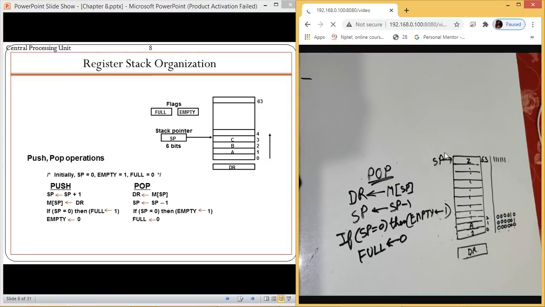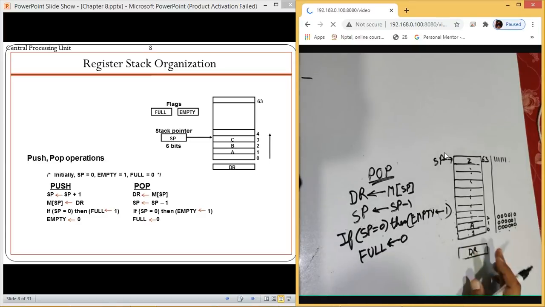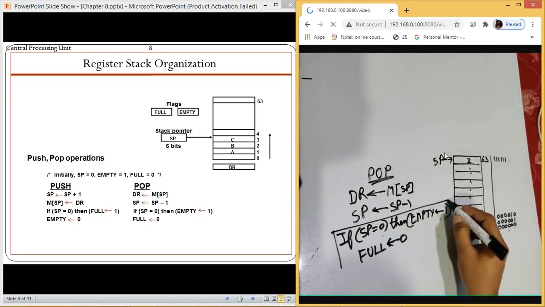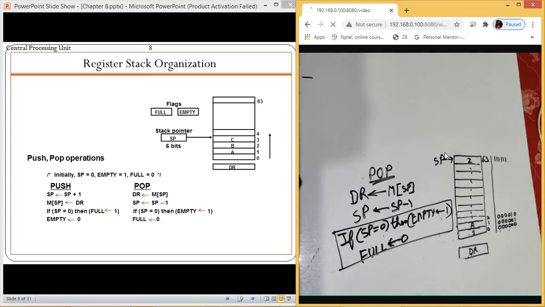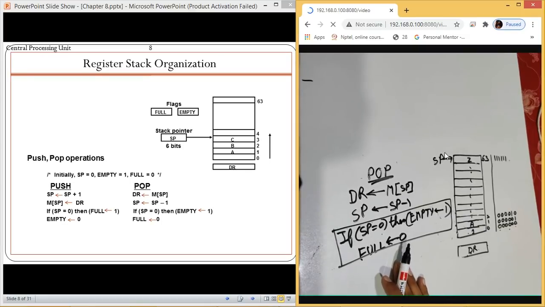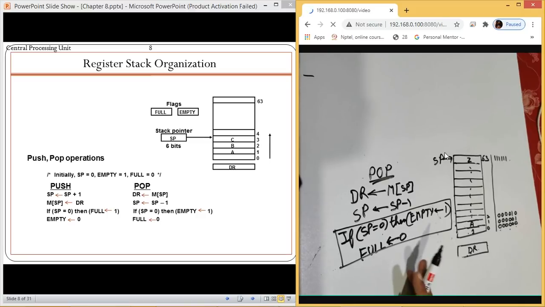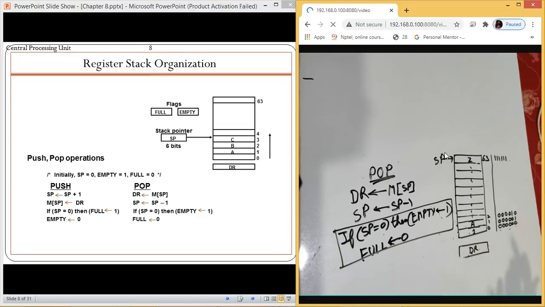The next type which we have is memory stack organization. In memory stack organization there are a little bit of changes. We don't have any kind of hardware implementation for this. We don't have anything which can help you in making the decision whether your stack is empty or whether your stack is full. So we don't have any hardware for this. It has to be done with the help of software. The rest of the things are present.